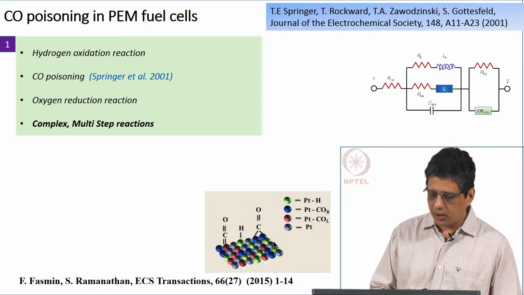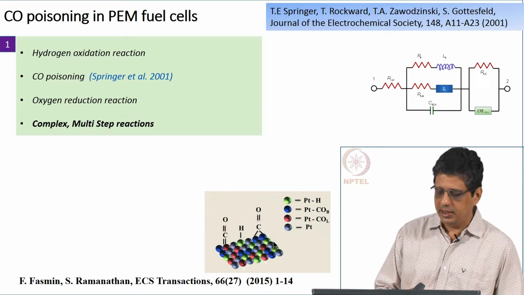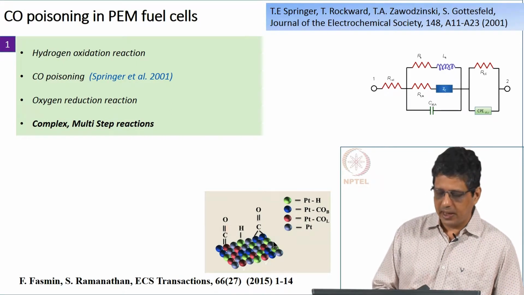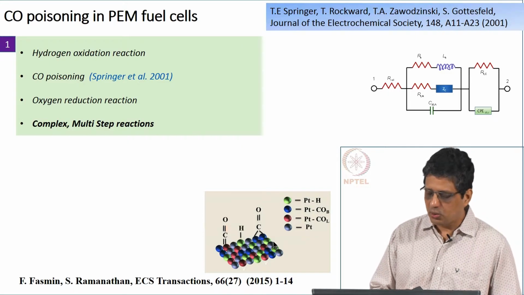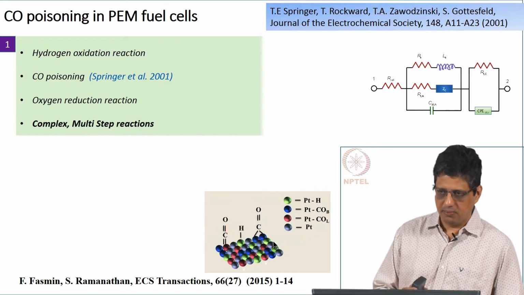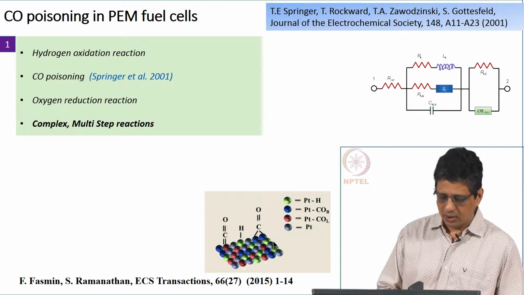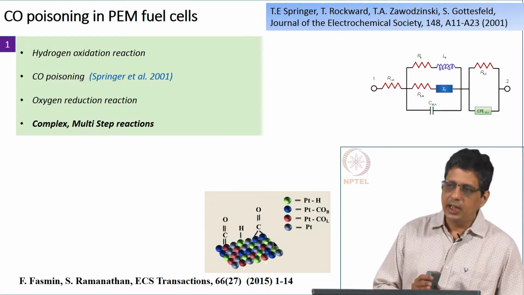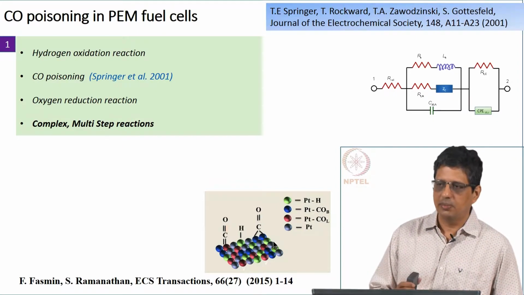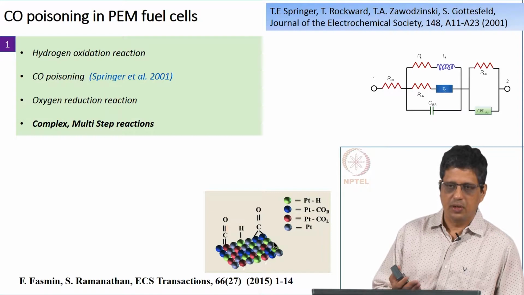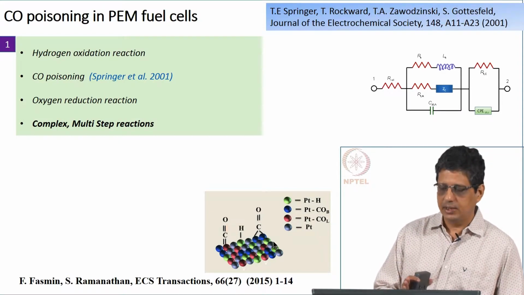This is just a pictorial of what one would expect to see. Carbon monoxide can bind possibly on one site, can possibly bind on two sites. These are called linear or bridge mechanisms, but this is how people have described this, and ideally we would want to use some mechanisms either proposed in the literature or something that we can propose ourselves and use that to describe the system. Okay.